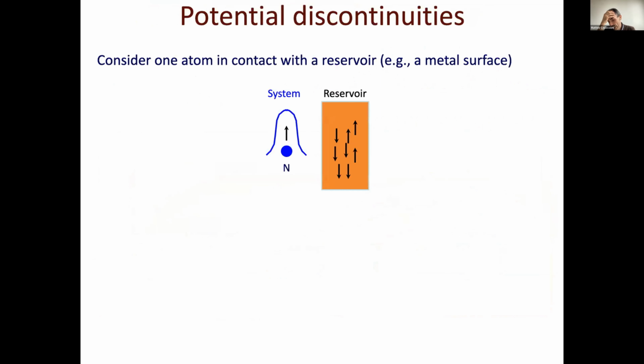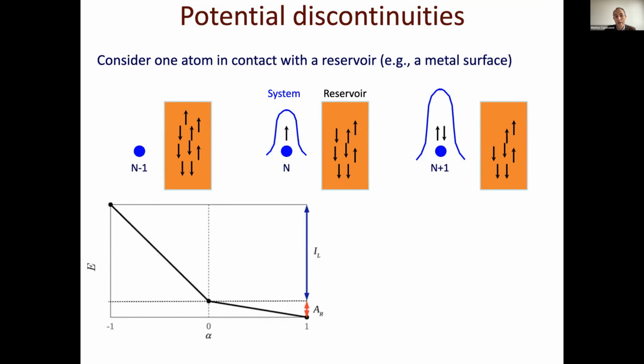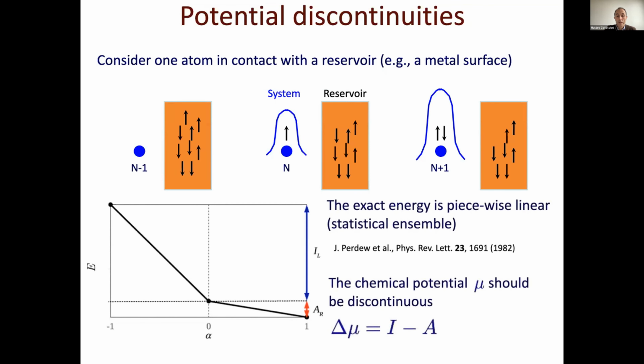Well, this problem was recognized early on, in the early 80s, when people started to develop functionals more actively, and was studied in particular by John Perdew and his co-workers, who said that if you have a system in contact with a reservoir with which it can exchange electrons, then the energy should have a piecewise linear behavior, and this is very important because also